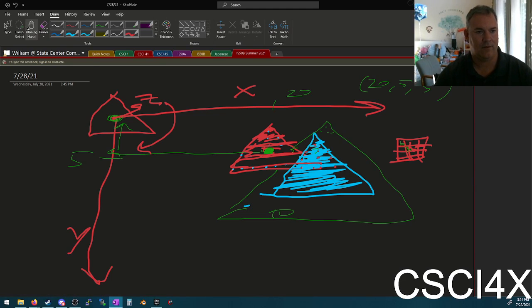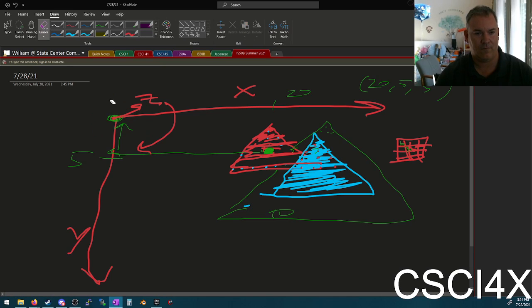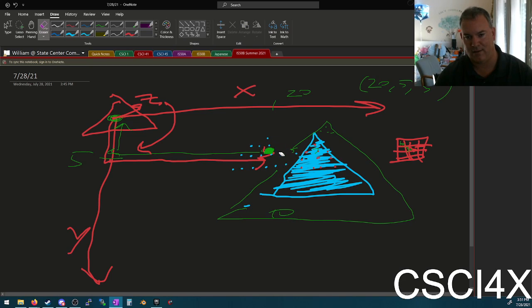It'll spin, and then maybe you end up with a triangle that looks like this or something. And then you translate it back. You translate it back 5 and back 20, and at the end of the day, you end up with a triangle that was here originally and is now